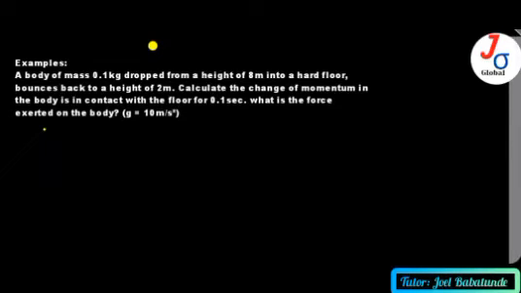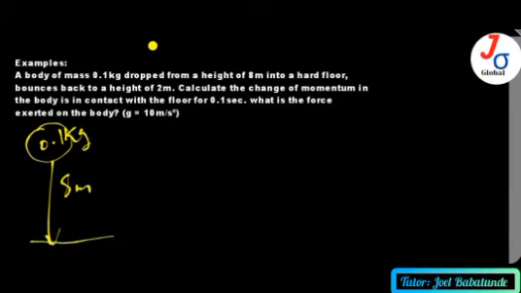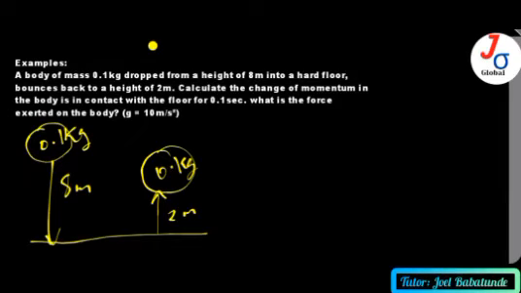So now we have this example. A body of mass 0.1 kg is dropped from a height of 8 meters into a hard floor. Then it bounces back up to about 2 meters high. The same ball, 0.1 kg. Calculate the change in momentum of the body in contact with the floor